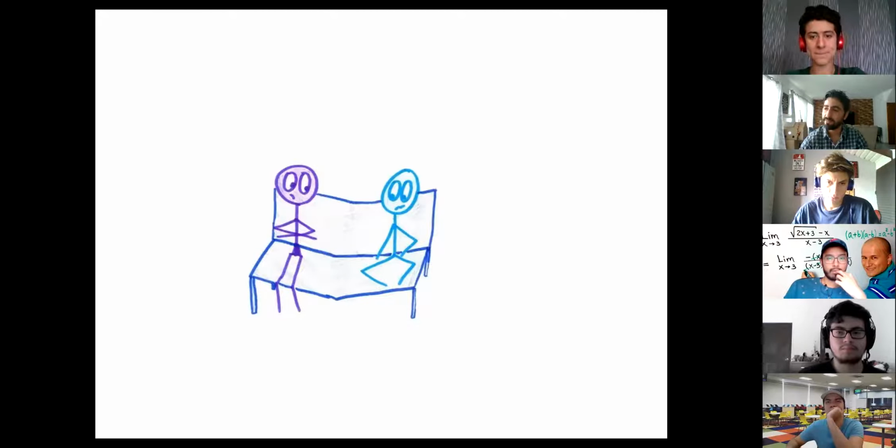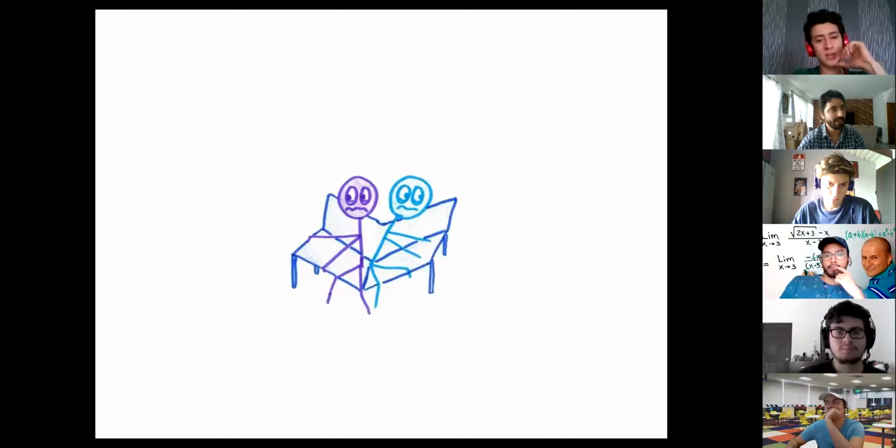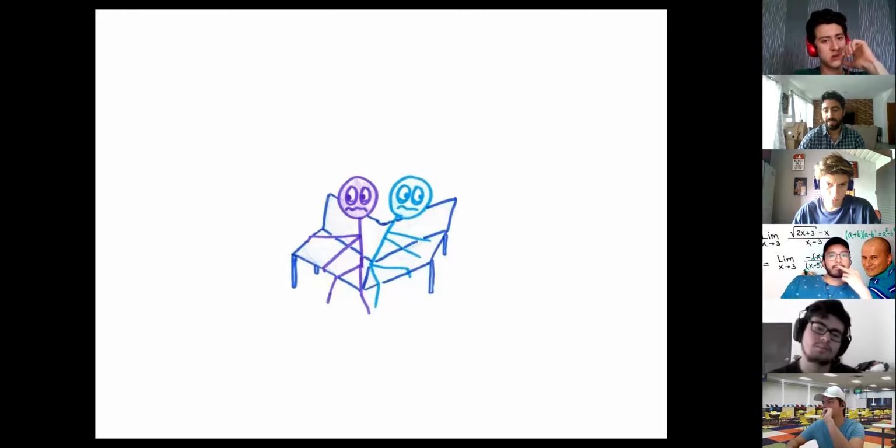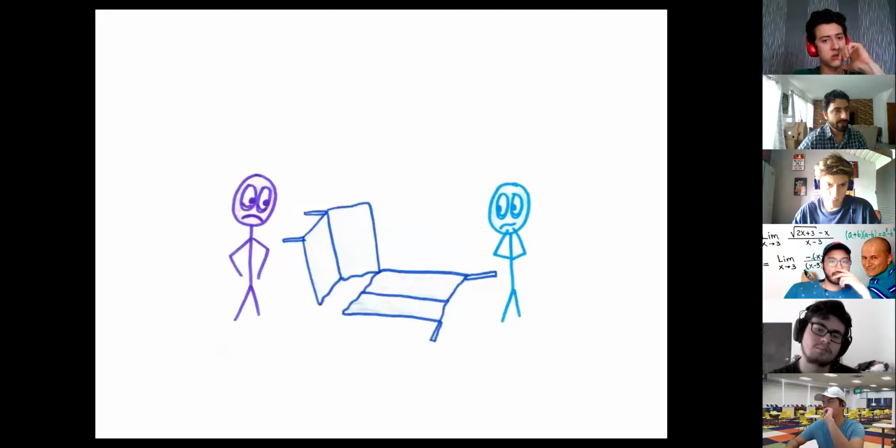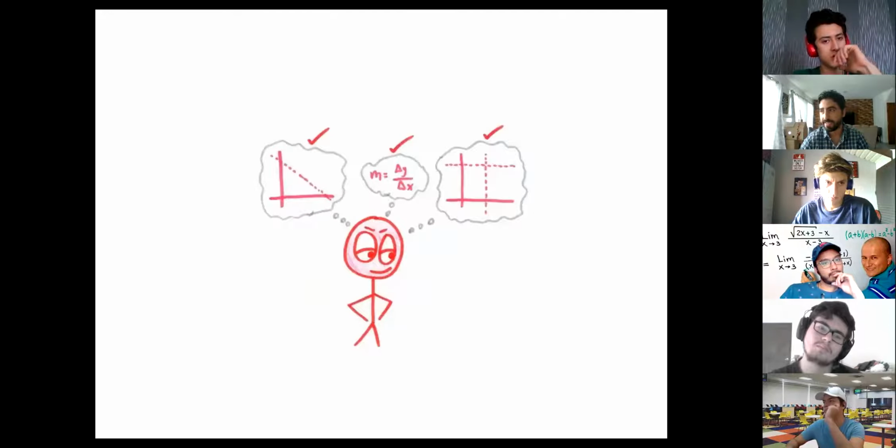It becomes a little bit annoying, but it's still completely functional. You can sit on it with your friend, you can enjoy the time. No problem. After another few days, it starts folding more. It becomes annoying now. You cannot sit properly on that. And at some point it gets broken.